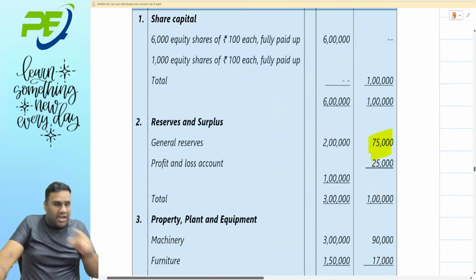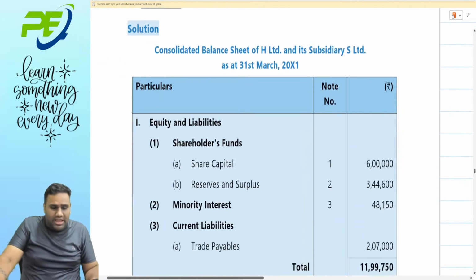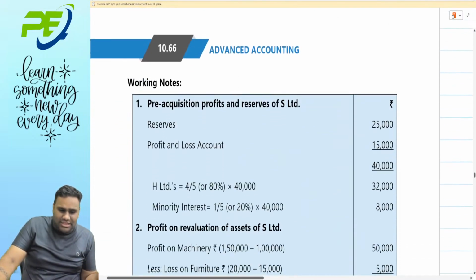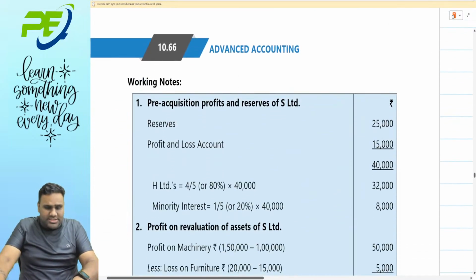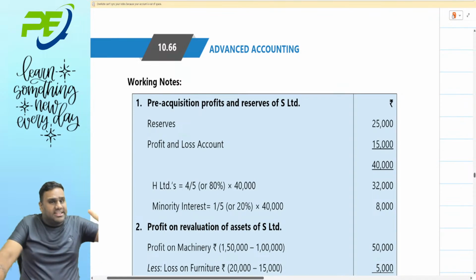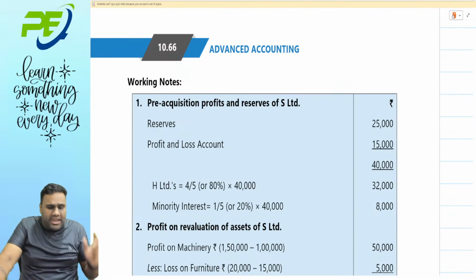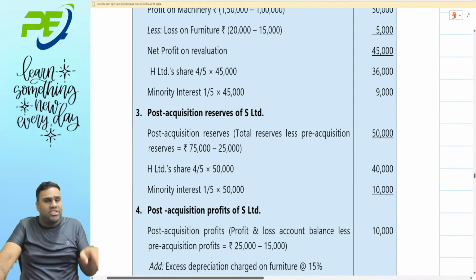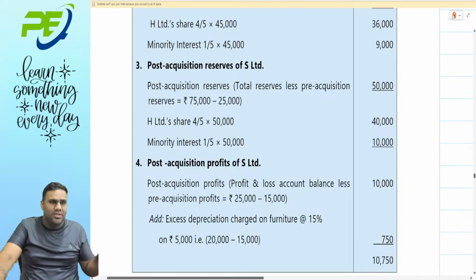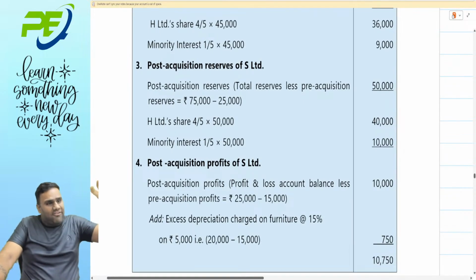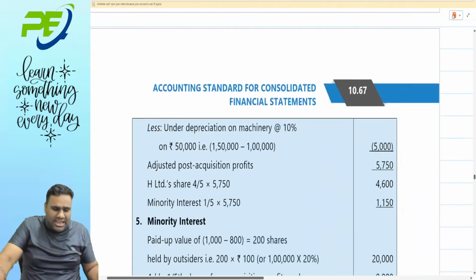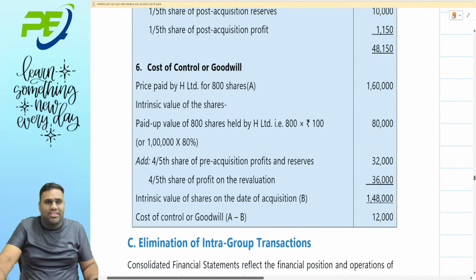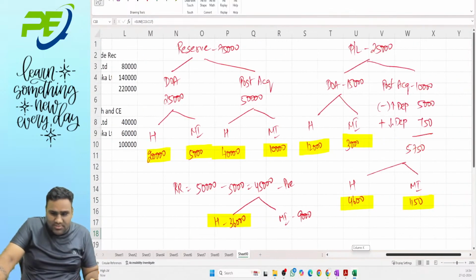Now, whatever I did in notes, see how they have given in the working notes. Our balance sheet is same. See this working note, pre-acquisition profits and reserves: here they have combined profits and reserves for pre. Then revaluation reserve and post-acquisition profit they have given separately. Pre they have combined, post they have given separately, and minority interest, cost of control. Our presentation is much more